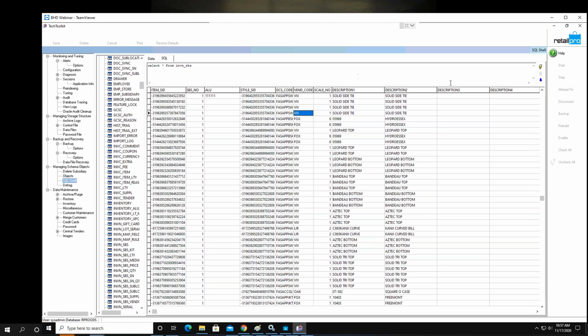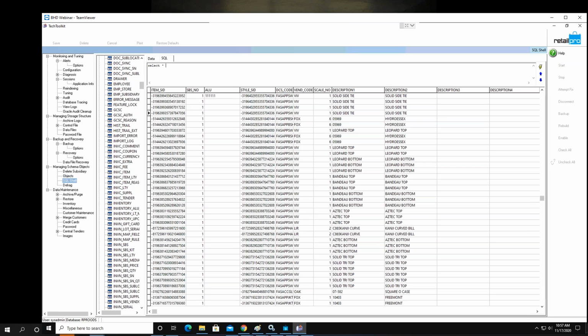Okay, so what I would normally do, and I don't want to spend too much time on this, but I want to go through one basic process here, right? So this little blue arrow here is going to give me a new palette, a new thing. I can scroll back up to see the old commands, but I'm going to go to a new one, and I'm going to say select